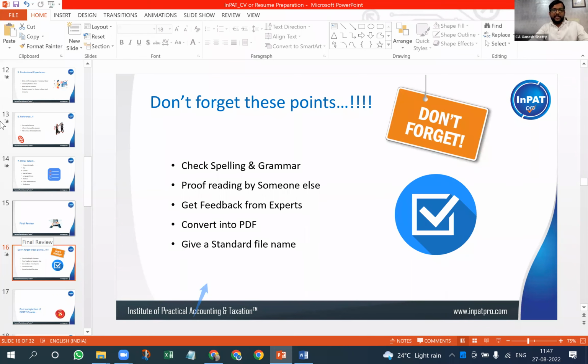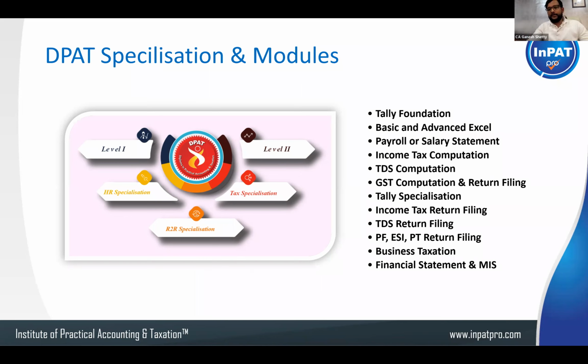How our students have to prepare their CV. Very, very important, guys. Please listen to this carefully. Okay. So first of all, our students would have completed some of the courses with us, either specialization course or modulars. Module wise also they would have taken, because their preference was to learn some of the topics.